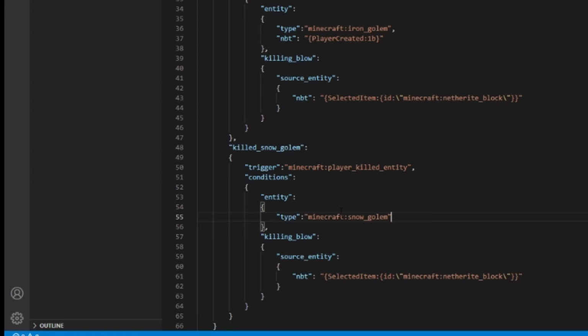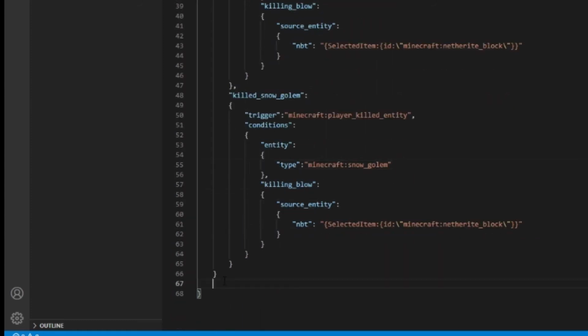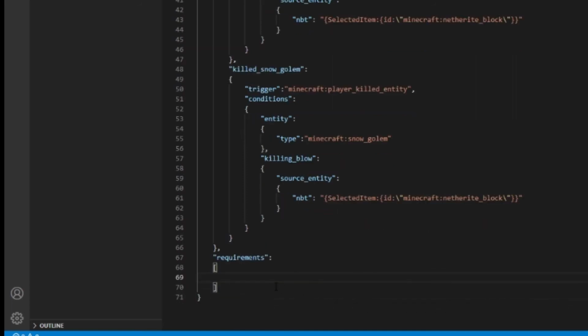Next, we can set up the requirements for this advancement. Requirements detail what conditions we need to earn the advancement. After the criteria section, we will add a new section using the requirements keyword followed by a colon and a set of square brackets. These brackets do have to be the square brackets and not the curly brackets. For each requirement, you will use another set of square brackets and list the condition name in quotes. For example, in quotes,